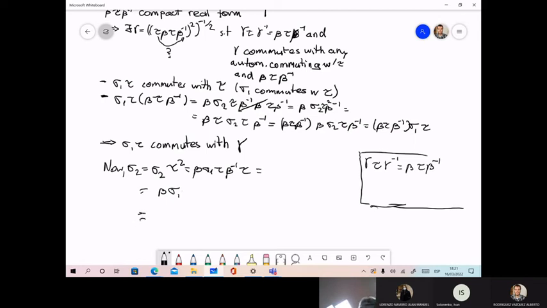I mean, we ultimately have to end up with this beta gamma sigma 1 tau, sorry, sigma 1 beta gamma to minus 1. So how to arrive here? This is beta gamma sigma 1 gamma minus 1 beta minus 1. And this is